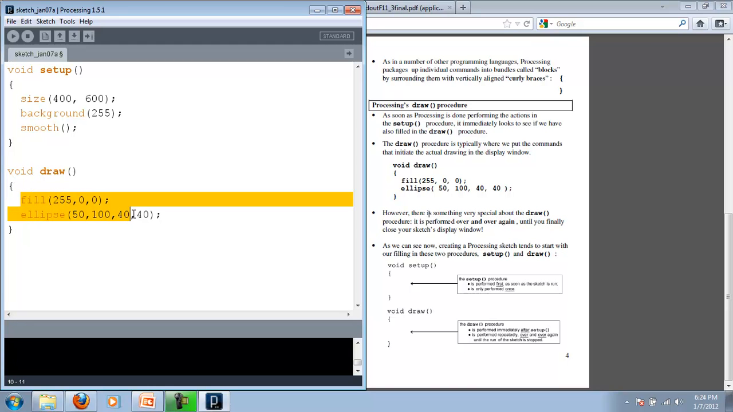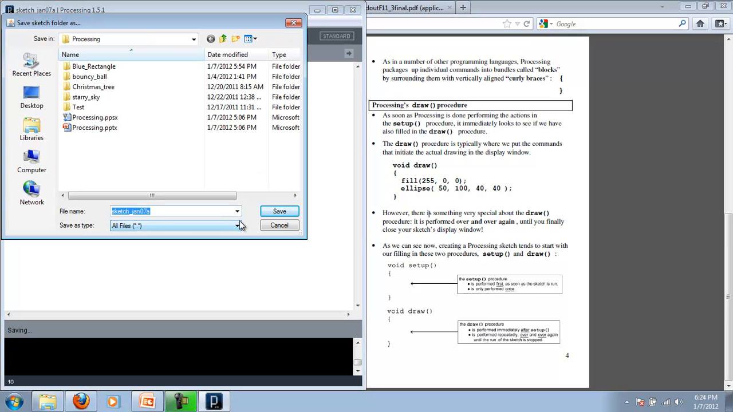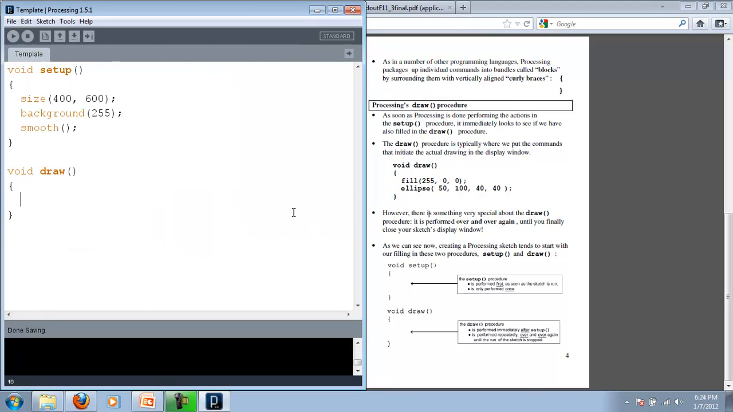If you want, you could even leave some of these commands. Maybe you want to have a typical 400, 600 background of white and turning smoothing on, and you just want to save this as a template that you could open up over and over again. So I'm going to call this template. And so now I don't have to go through the process every time of typing in size and background and smooth and the void draw. I can just open up that template, write my new program, and then save it as something else. So save this as a template, go ahead and close it, and